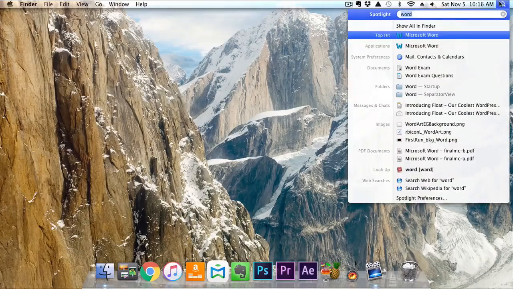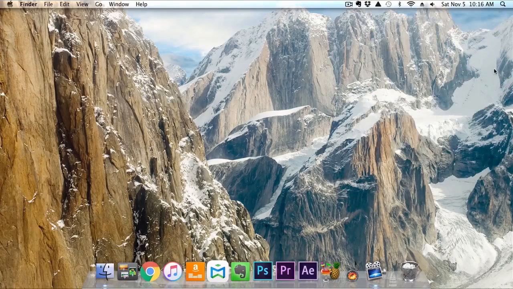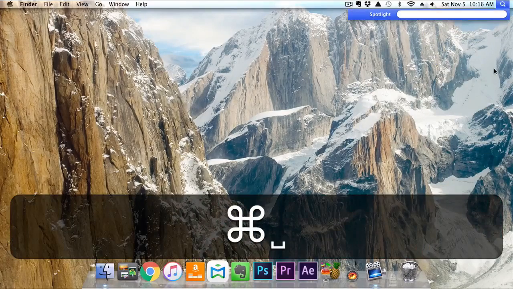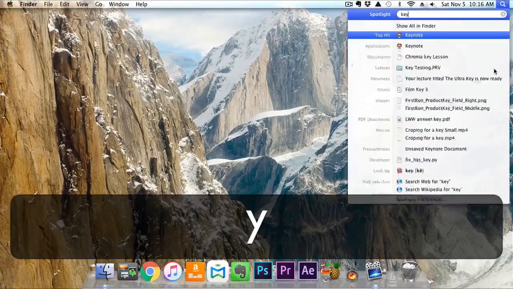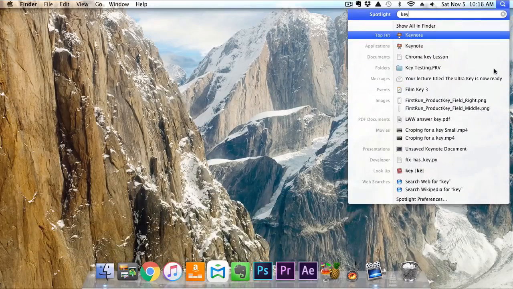You can either come up here and click on the little magnifying glass, or the keyboard shortcut for it is Command Spacebar. That will bring up Spotlight, and now you can just start searching for whatever you want. So let's say I want to open Keynote because I want to make a presentation this week. I type KEY, and in real time it's filtering a list of all my installed applications, but it's also searching my documents, it's searching images,